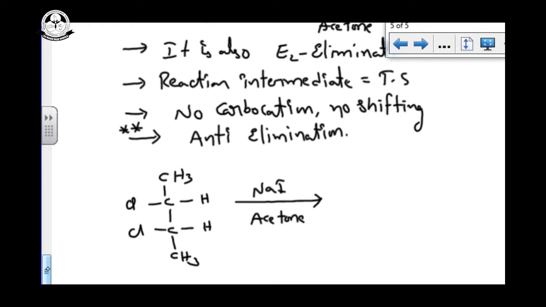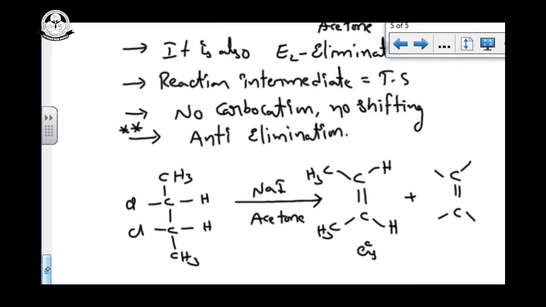Suppose after dehalogenation I am getting two products. One is CH3, H and H, already we know this form is called the cis form. Another one is C=C with CH3, H, CH3, H. So this is opposite. Opposite means anti. Methyl groups are opposite, anti. This is also called the trans form. Already I told you it can undergo anti-elimination.